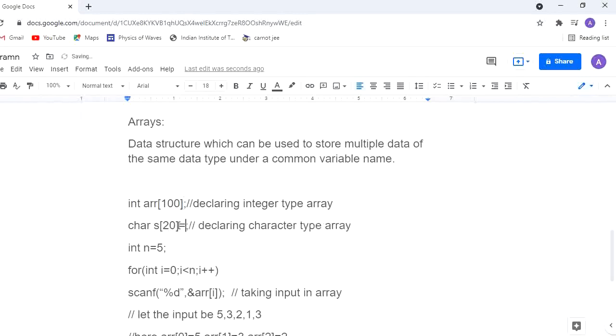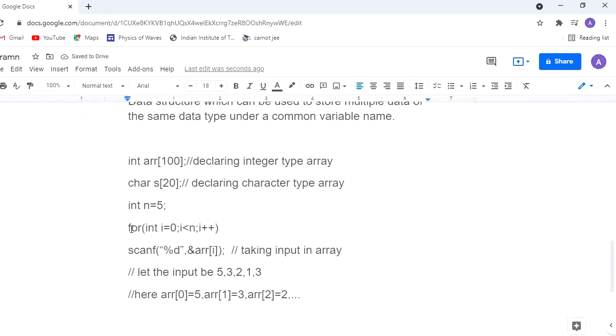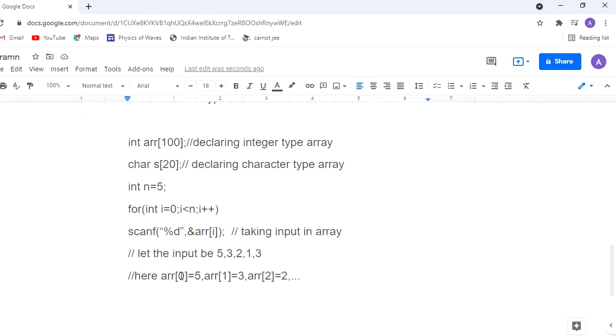which can store all the values as characters. Then we see how to take input in an array. For that, we would need a loop, and for accessing each location of the array, we mention the location in square brackets like this. We take input in a loop. One interesting thing to note here is that the indexing starts from 0. So if the input is like this, ARR[0] will be the first element we have taken as input, so that will be mapped like this.